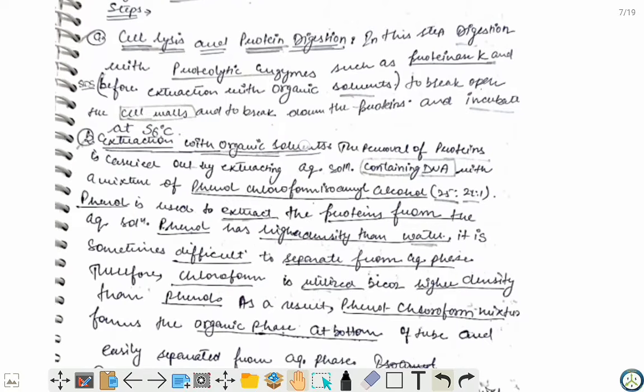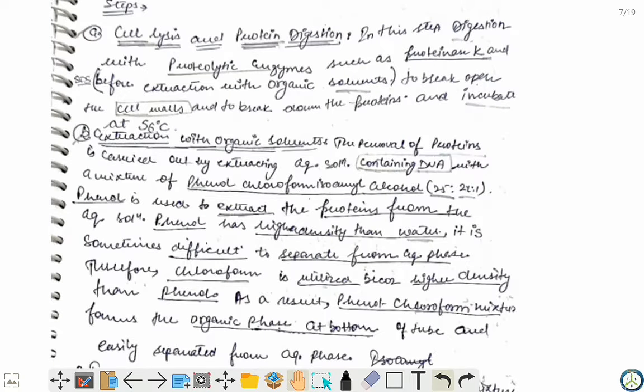Clear? So the first step, as we discussed earlier, is cell lysis and protein digestion. First of all, we have to break down the cell and digest the protein. In this step, the digestion is done with proteolytic enzymes such as proteinase K and SDS, to break down the cell wall and the proteins, and we incubate at 56 degrees centigrade. Then, after breaking down the cell membrane or cell wall,